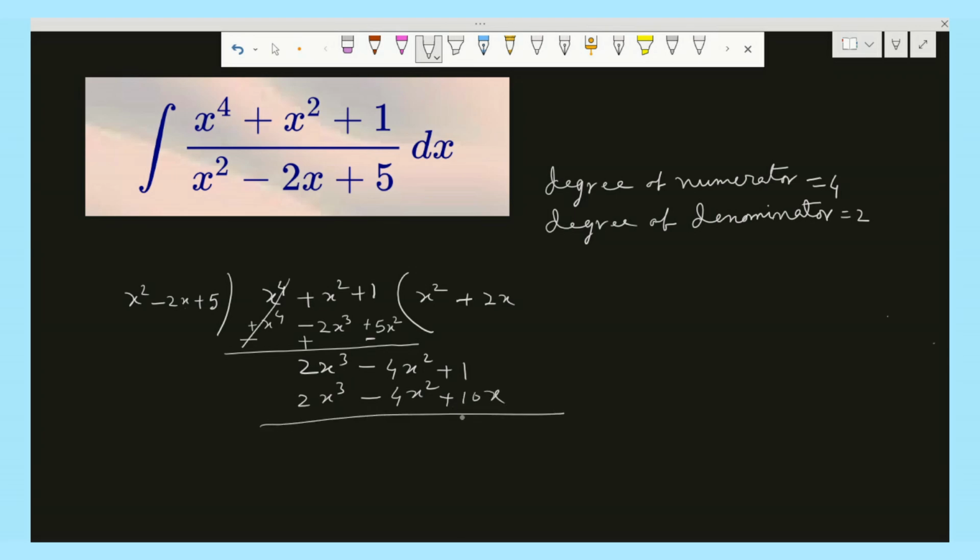Now subtract. Change the signs: 2x cube and 2x cube will get cancelled, the x square terms will also get cancelled, remaining minus 10x plus 1. The degree of the polynomial minus 10x plus 1 is less than the degree of the divisor. So